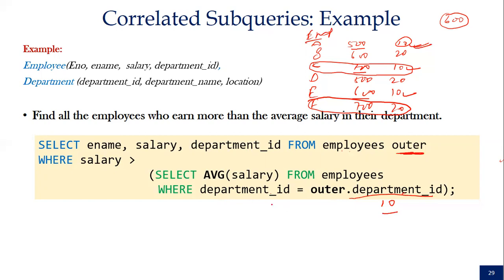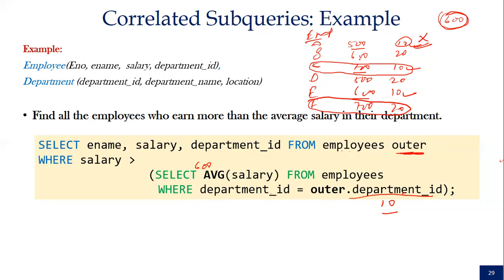So we execute this subquery only for these three rows with department 10, and you can see the average will be 600. So the value 600 is used for the first row. We compare: is 500 greater than 600? No. So this row will not be selected.